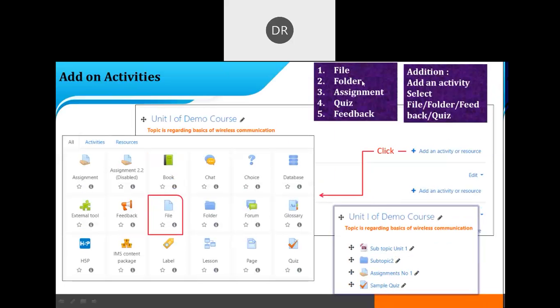Simply you have to click on this. One window will appear to upload that file, which may be available on your laptop or desktop. You just select that file and upload it, and it will get uploaded. Now all the contents which are available offline on your laptop are available here. Here the most important is the quiz.